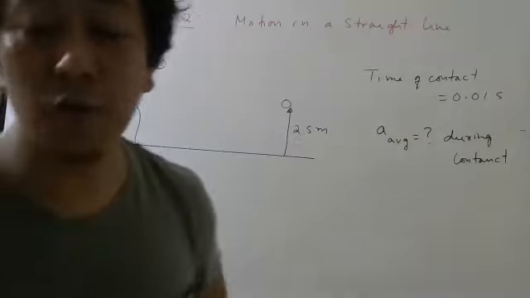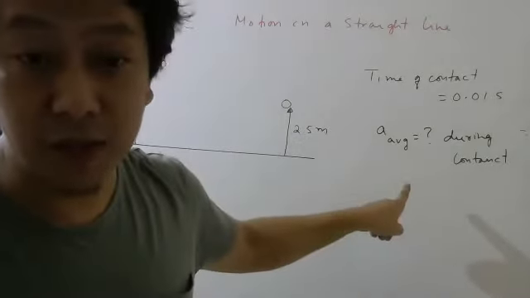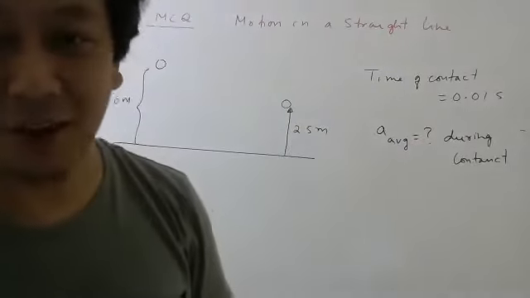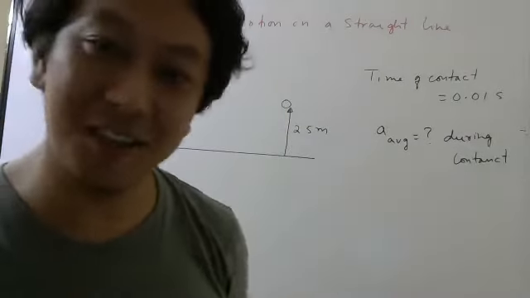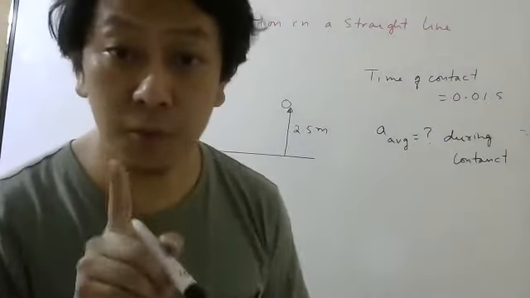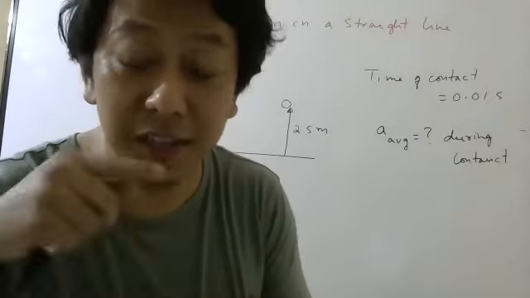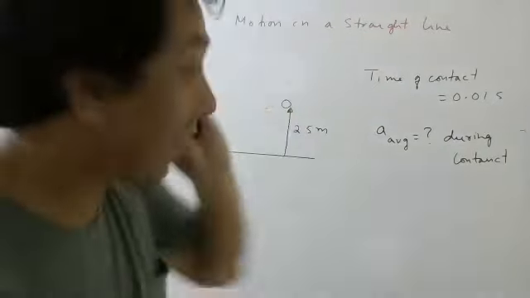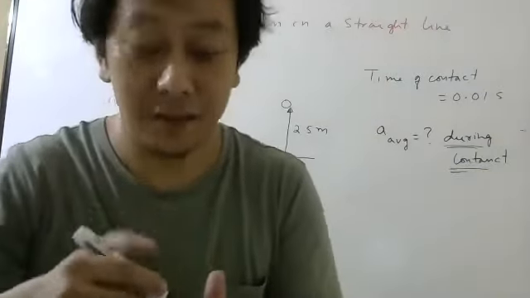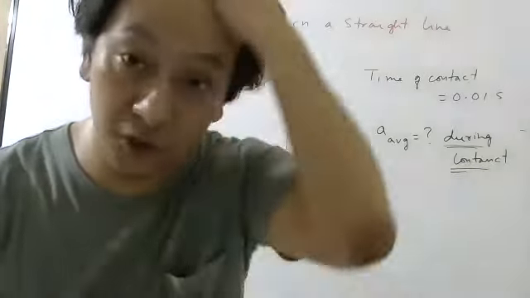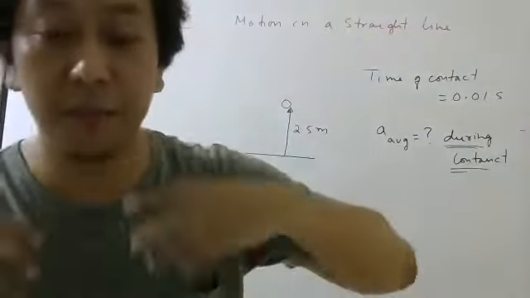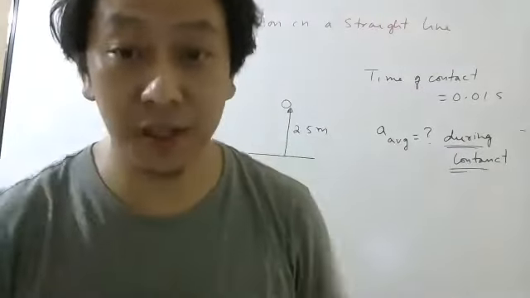Now, why did they say during contact? Some students will think, oh, they are asking acceleration. Sir told us in gravity when it is falling, acceleration is g, constant. So should I write g? No, because they are not asking acceleration due to gravity. They are asking acceleration during contact. And during contact, is the force gravity force? Suppose I push somebody, suppose I push you. That force is not gravity force.